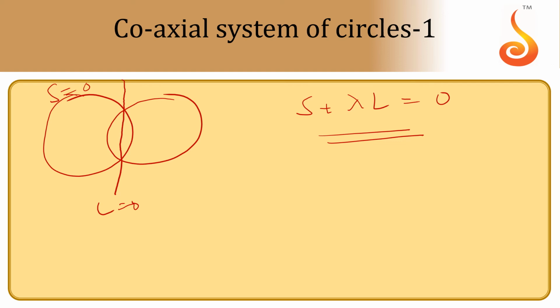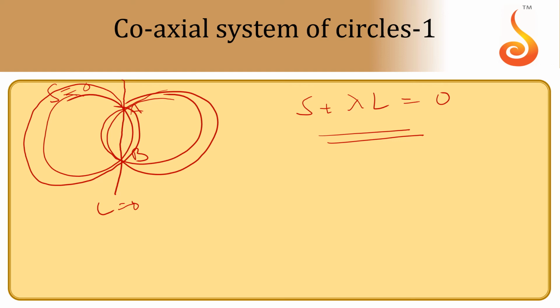And you know that for all the family of circles, you take any two circles, all the circles pass through this A and B. So for every two circles, AB will be the common chord, means for every two circles you will have the same radical axis. So I can say this is a coaxial system called intersecting coaxial system. So when every member of the system intersects the radical axis in two distinct points A, B, that system is called